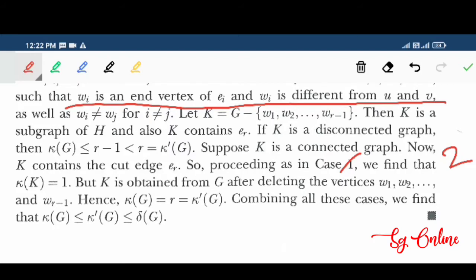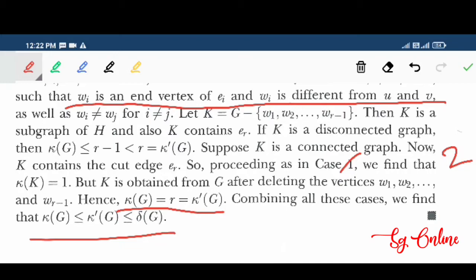And so we have that kappa of G is R. Then we required that it was a connected graph after deleting R minus 1 vertices. So after deleting another vertex, it becomes disconnected. So kappa dash G is R, and that is the same as kappa G is R. And so we get that this equality holds in this case. And ultimately we prove, combining all the cases,